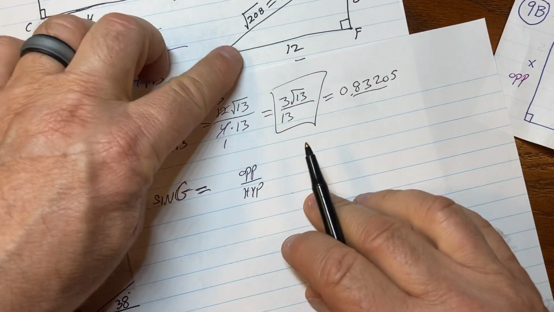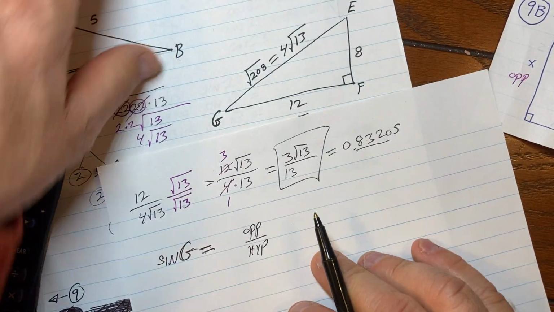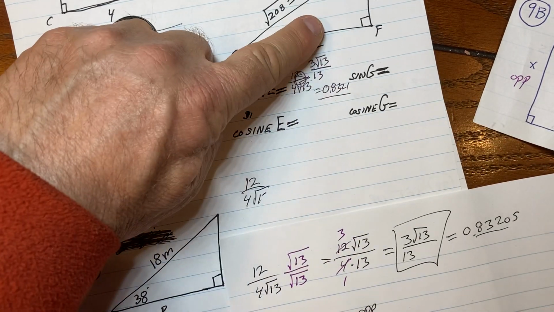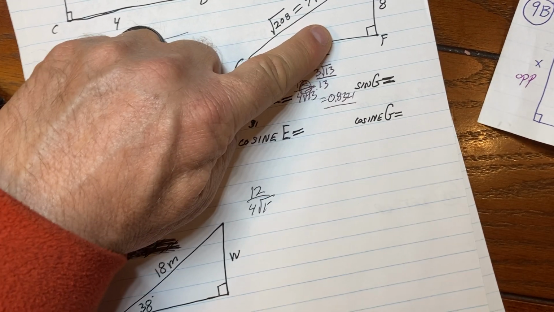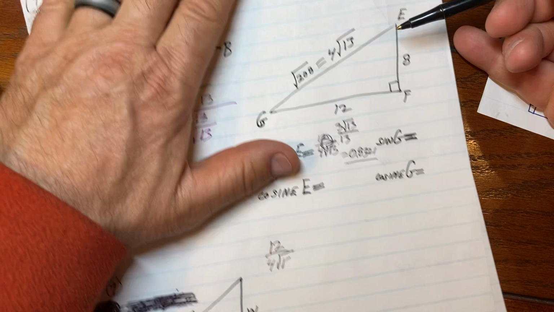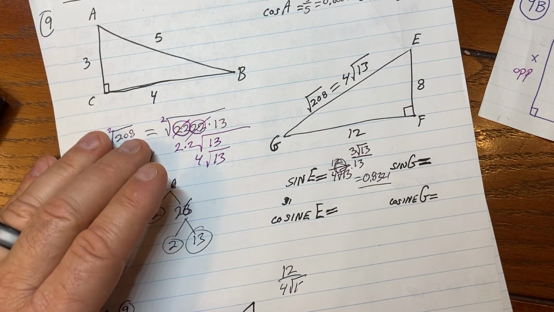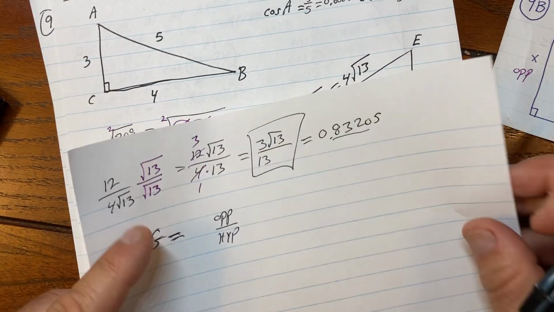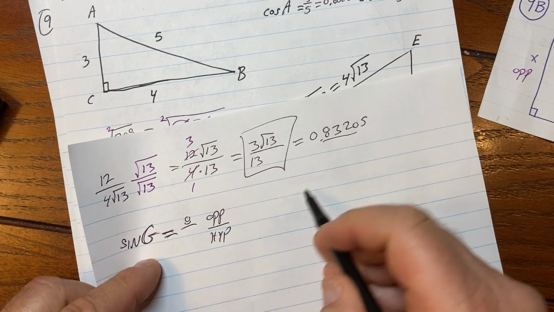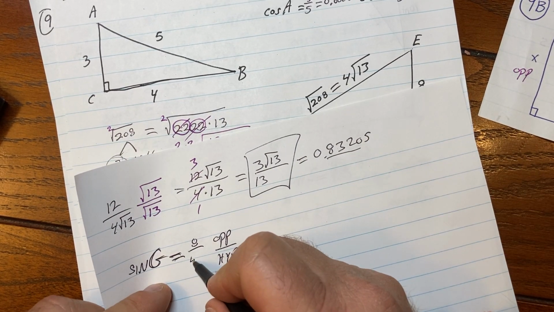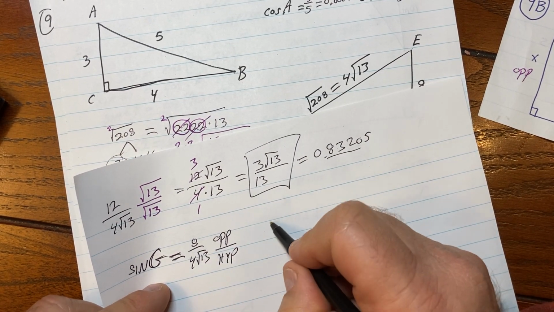Opposite side, the G is 8. Can we see 8? I can't see it on the camera. Where is it? There, now I can see it. Opposite side is 8. Hypotenuse is 4 root 13. So